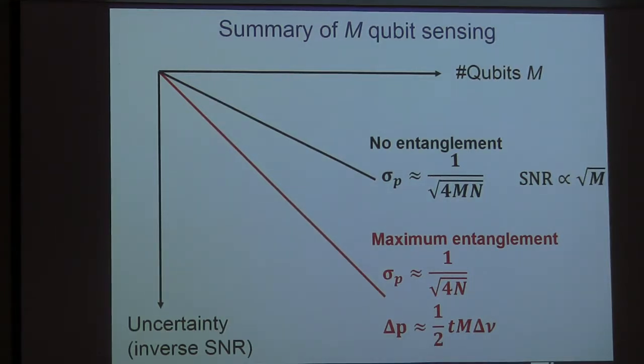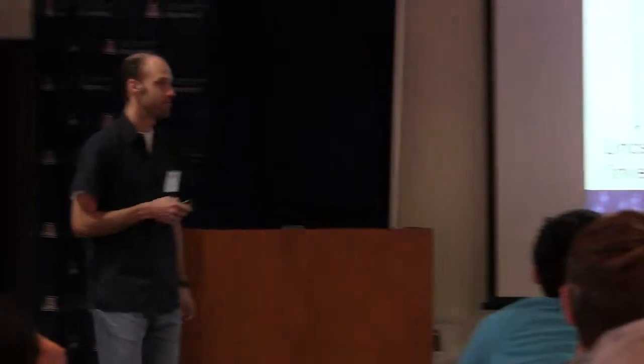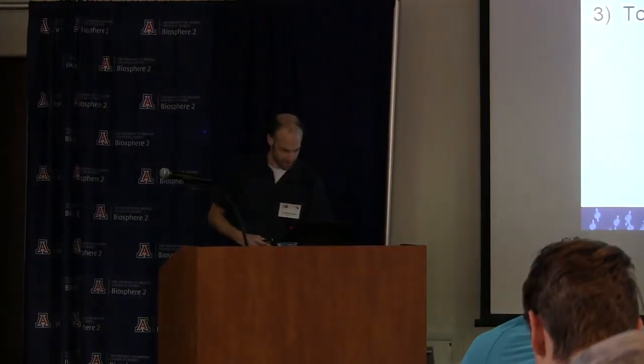Okay, so this was what I didn't manage to put in yesterday, but picking up on Murray Holland's talk, I thought that would be a good opportunity to give you another example, having several qubits that are now, in this case, entangled, but there are many other things that you can do. Sounds good? Okay, so now let's move back